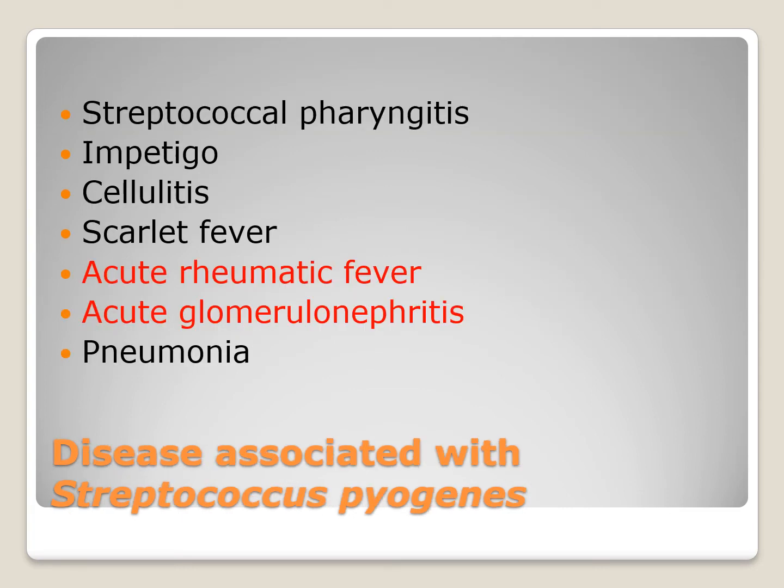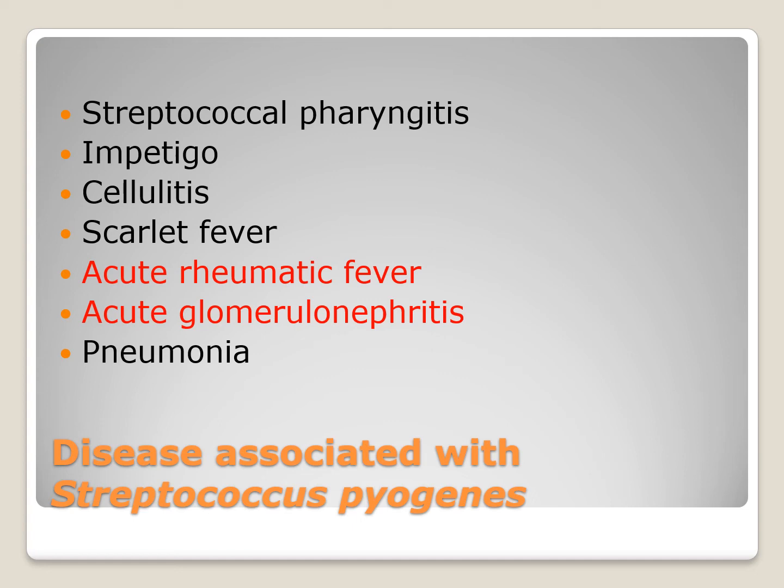Streptococcus pyogenes is a serious pathogen because it can lead to all kinds of other problems. Most of the time when we're talking about Streptococcus pyogenes, we're talking about streptococcal pharyngitis, which is essentially strep throat. But Streptococcus group A can also cause impetigo, which is a skin infection. It can also cause cellulitis and scarlet fever. Usually with scarlet fever, you have a rash due to the erythrogenic toxin. And then Streptococcus pyogenes can also lead to pneumonia,